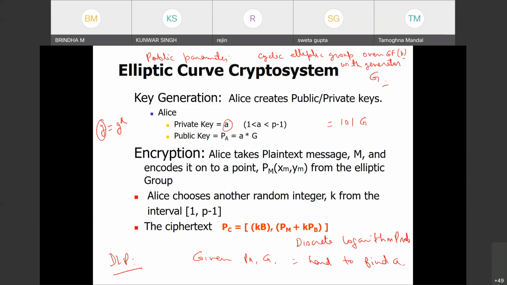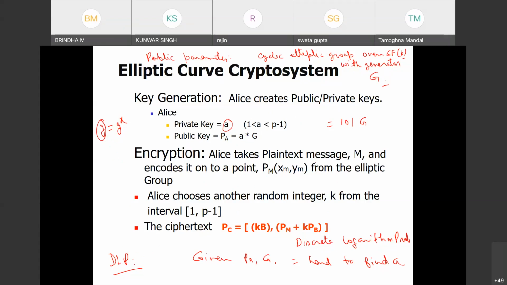Because of this, security is there. Somebody was asking what the security guarantee is. There is a security guarantee. You know the public key. This G I also told you is a public parameter. Everybody knows it here, but you cannot find A, the private key of the person, because of the hard discrete logarithm problem. Now how to do this? I'll just go through this one.